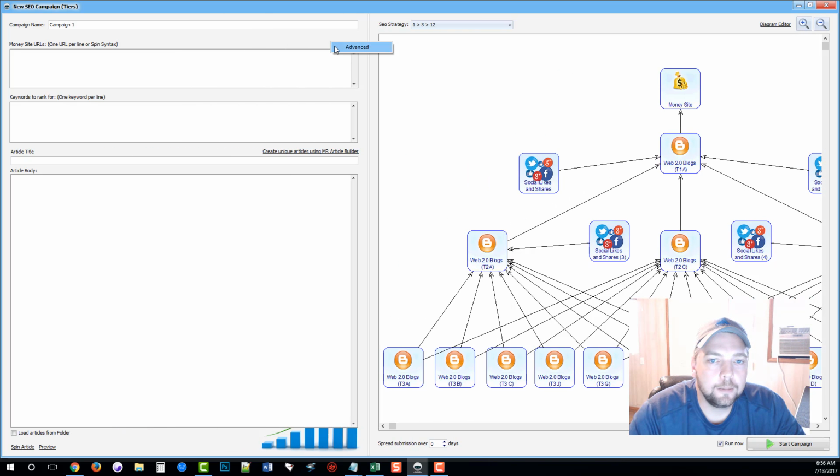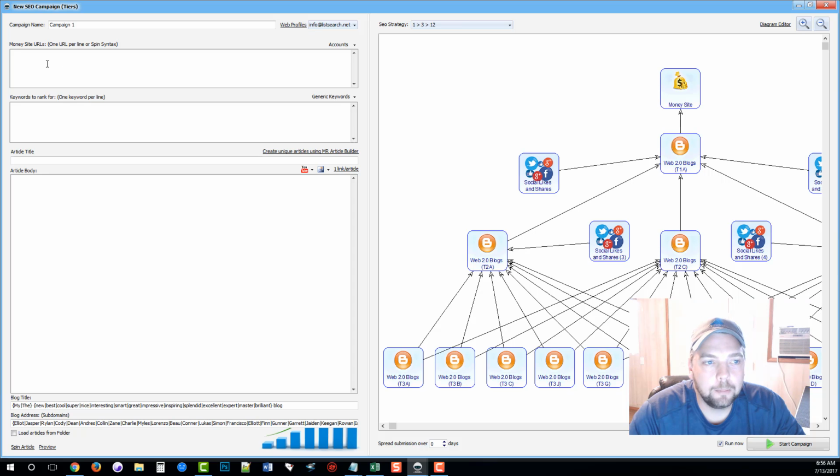Now let me show you how easy it is to get this set up. In the left-hand column, all we have to do is enter our money site URLs or videos, the keywords we want to rank for, and our article content. After that, MoneyRobot will do everything else, from creating the email accounts to verifying them, creating the profiles, and building this entire network. So all we have to do is enter a few URLs first. We're going to enter a couple websites and a YouTube video. Next, we're going to enter a few keywords we want to rank for, and then we're going to click Create